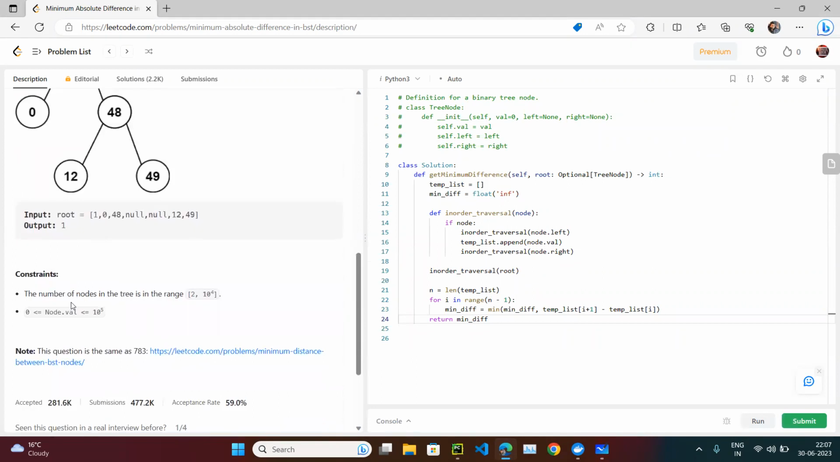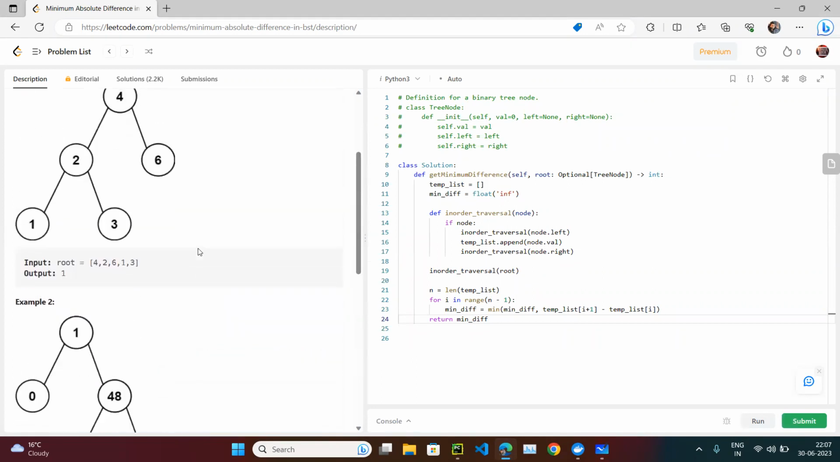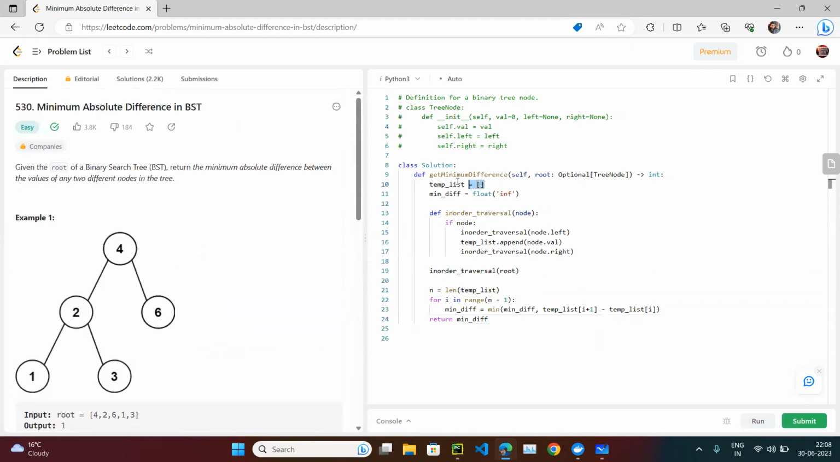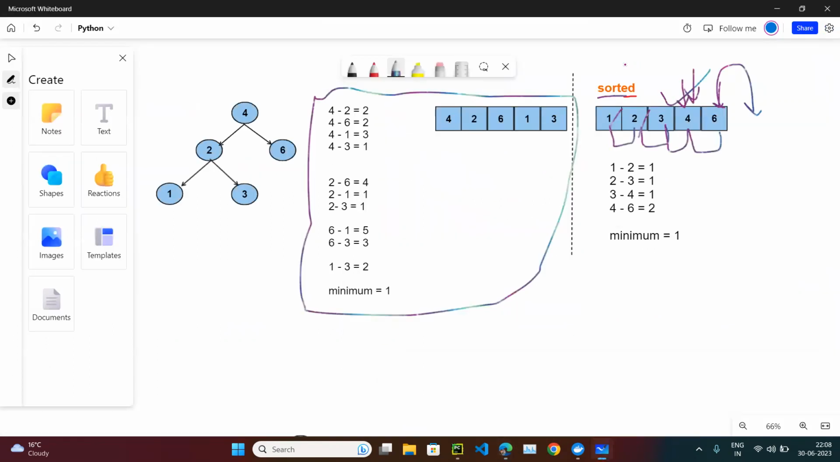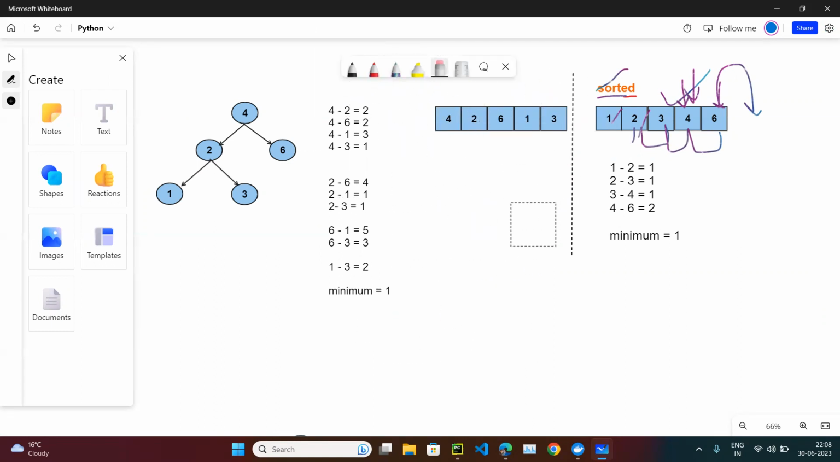And in the question, there is nothing as such mentioned, you can't use the extra space. So that's why we are using the extra space. But can we avoid even using the extra space? So the answer is yes. We don't even need to store the elements. Why we don't need to store the elements? Because